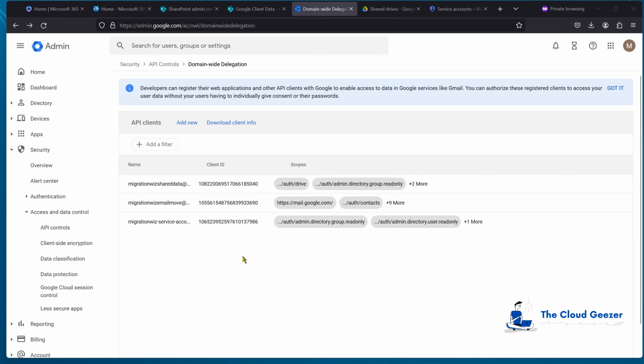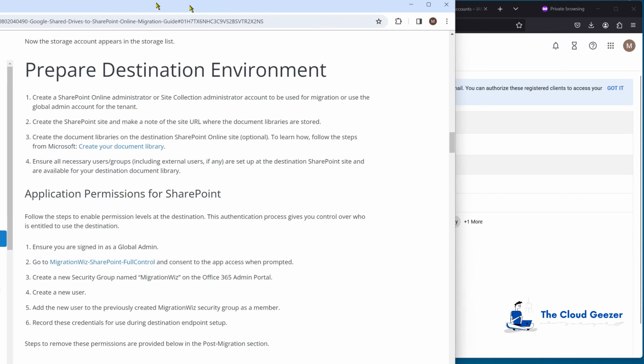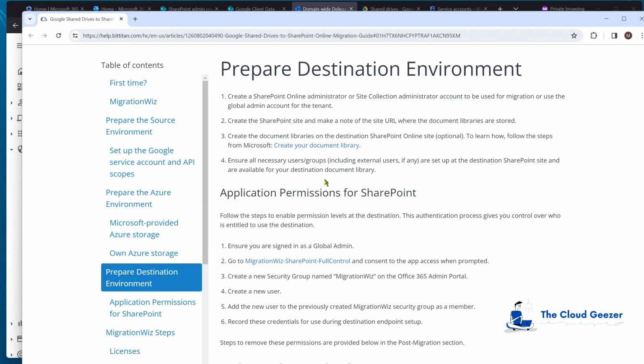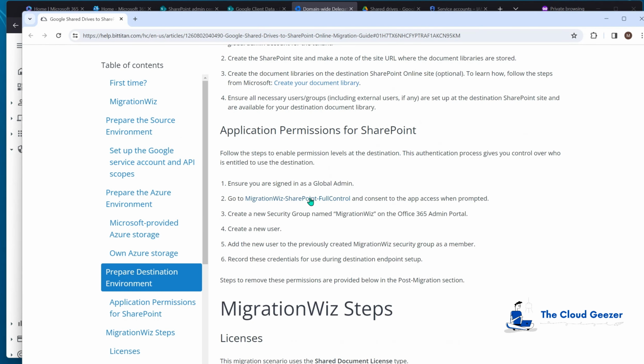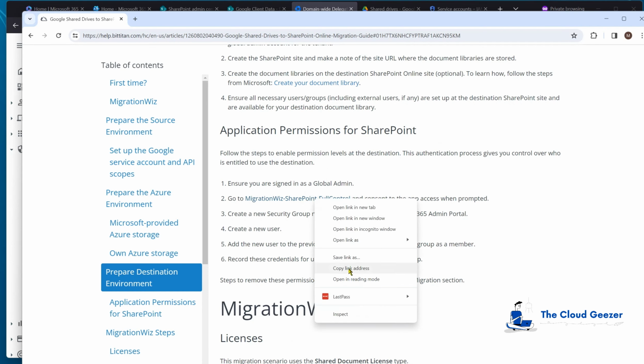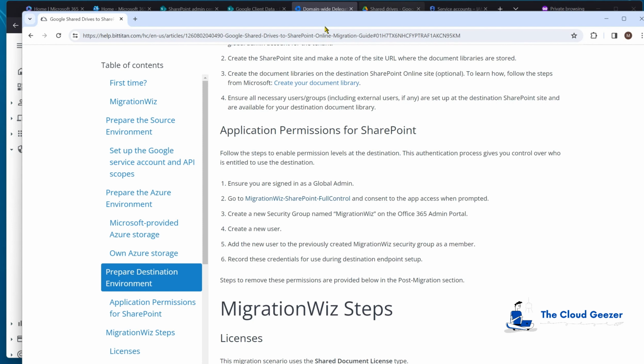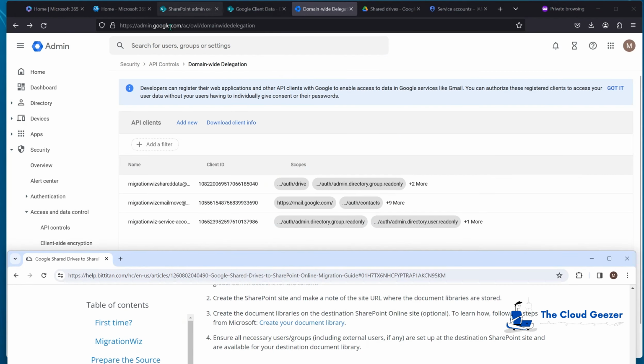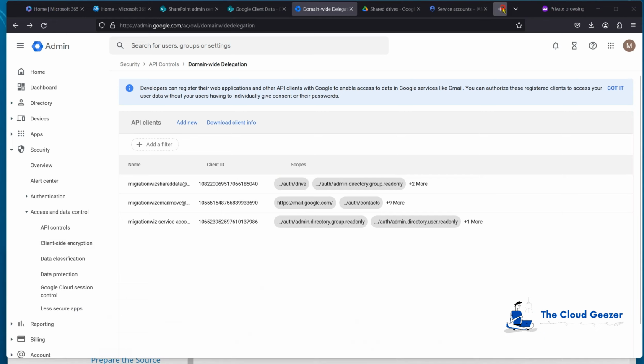The first thing we need to do there is give the Migration Wiz console the rights to be able to get into your SharePoint site and have full control over SharePoint so it can drop the data in. Now the way we do that is, once again, coming back to that article I'm talking about, you can see pasted in here. Here's the item talking about SharePoint full control. Obviously we're logged on as the user there. So I'm going to grab that, copy the link address, and put that link address up into this session, because that's obviously where we are